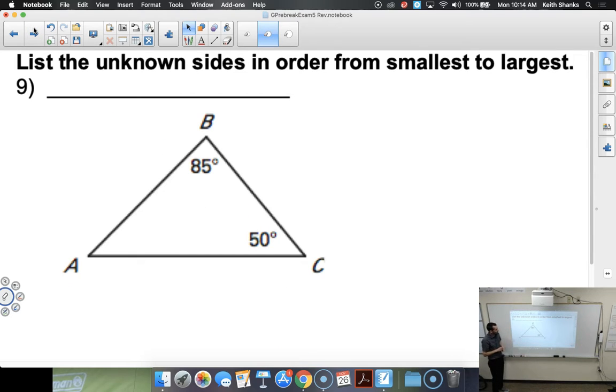All right. List the known sides in order from smallest to largest. So notice this one is a little different, slightly, in the sense that you had to recognize what this angle is first. And then it says from smallest to largest, so I just want to be careful that this does have to be the order. Now, I'm going to be mean right here, and you guys are going to be mad at me, but